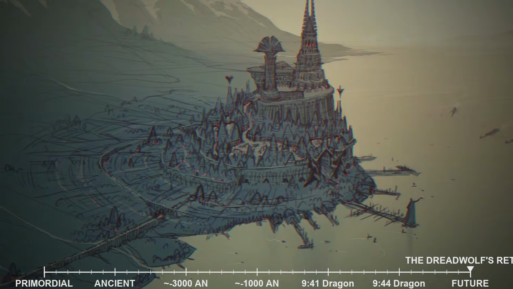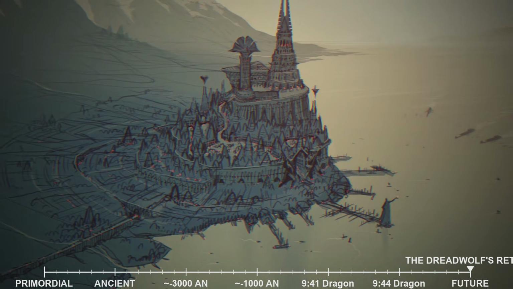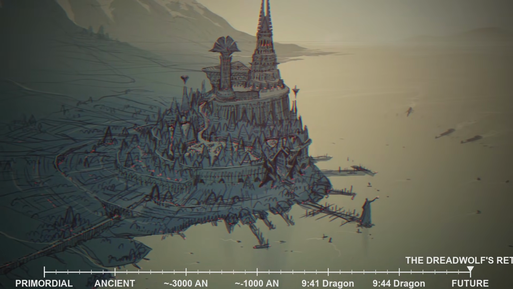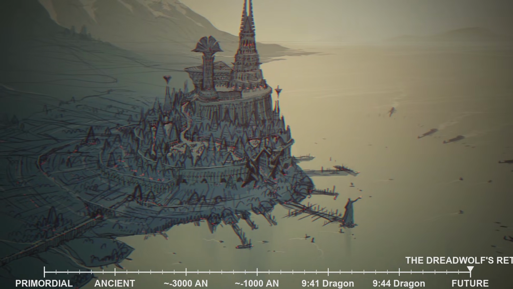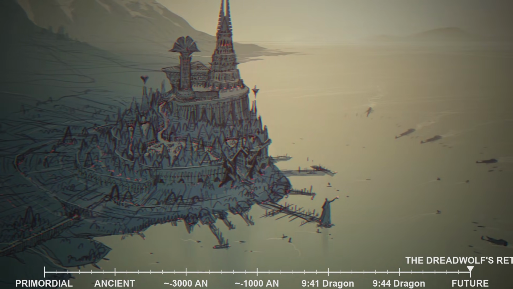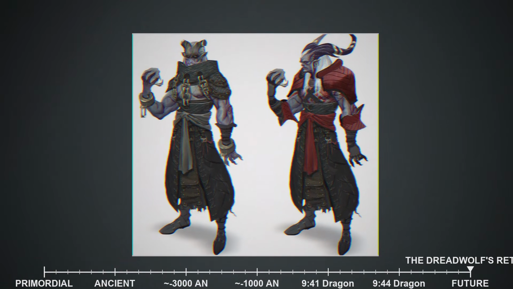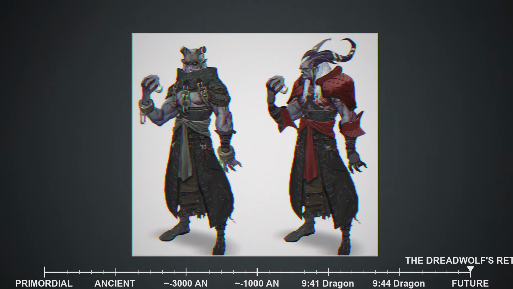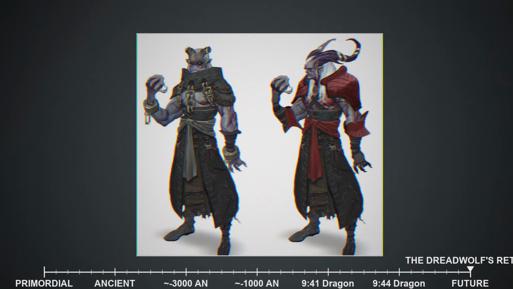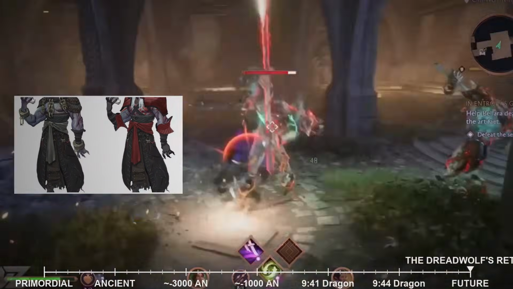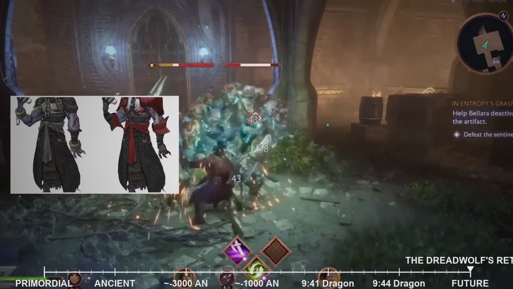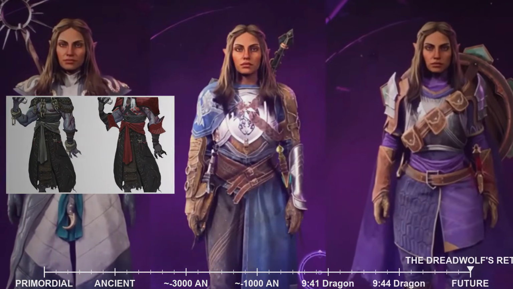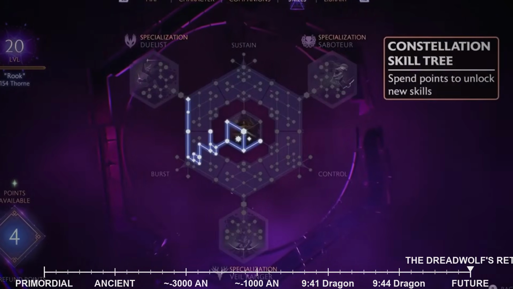Its capital, Minrathous, a colossal city of spires and ancient wonders, is confirmed as a major location, promising a visually stunning and narratively rich environment for players to explore. The Imperium's internal conflicts, its long-standing rivalry with the Qunari, and its unique magical traditions will undoubtedly play a crucial role in the unfolding narrative, offering both challenges and potential allies in the fight against Solus. Exploring this region will provide a fresh perspective on Thedas, revealing cultures and histories largely hinted at in previous installments.